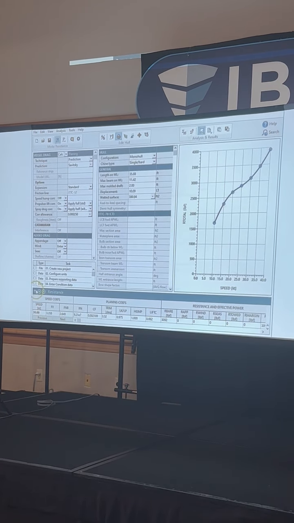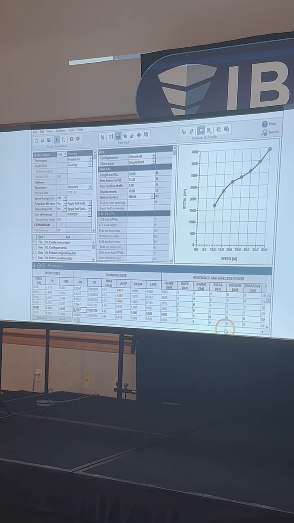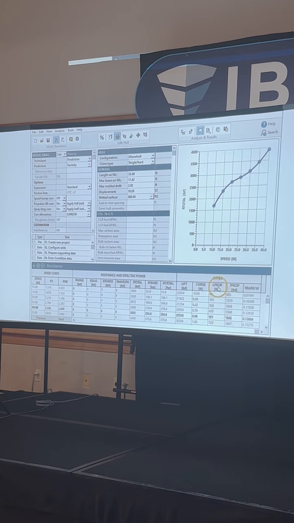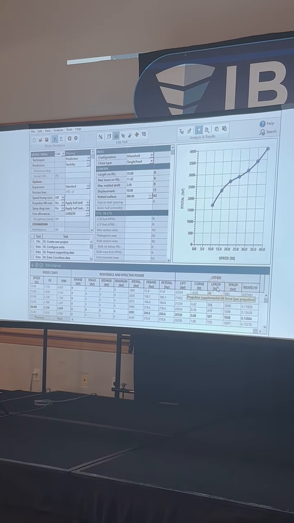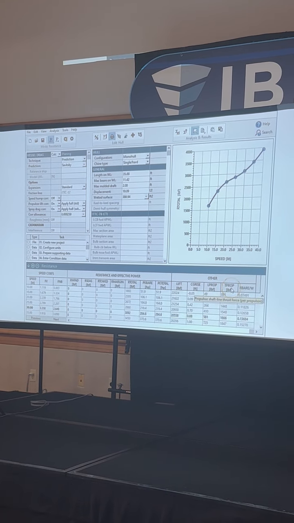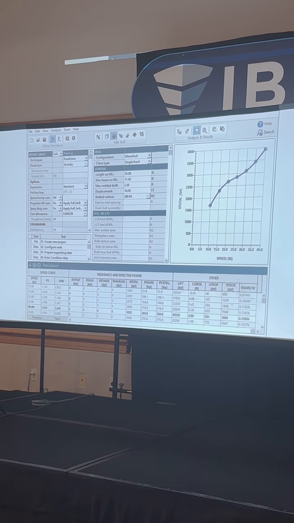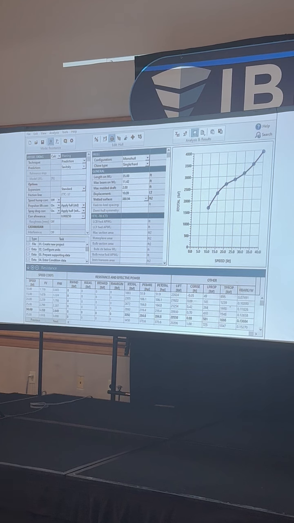And now here's our resistance curve. So that was quick. NavCad's really good at that in the rapid prototyping stage of the development process. And we can look and we can see these supplemental forces, the lift and thrust from the propulsor to get that balance of forces in planing hull